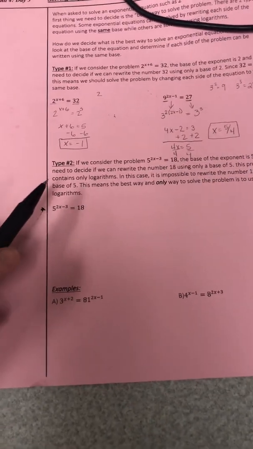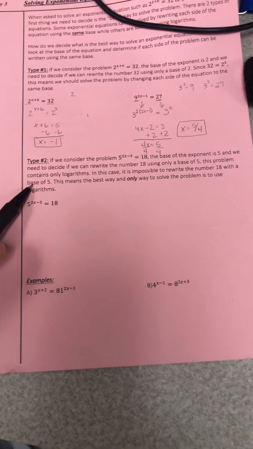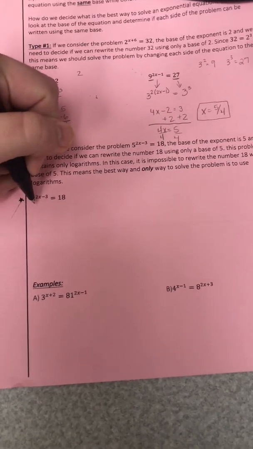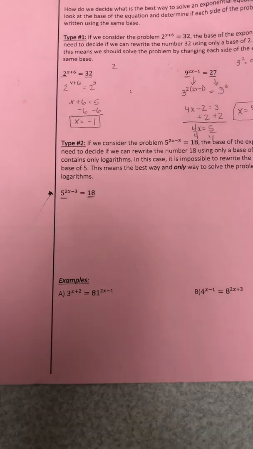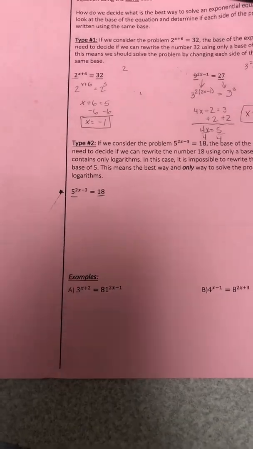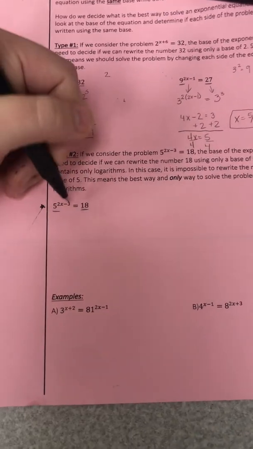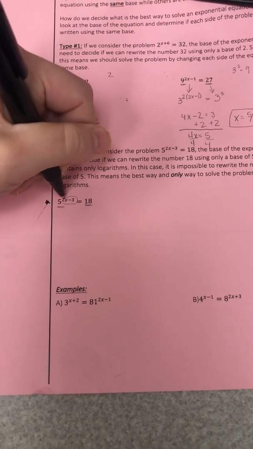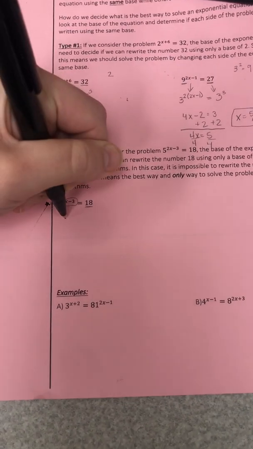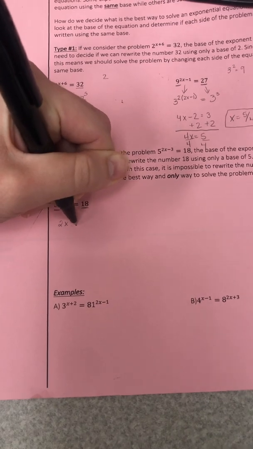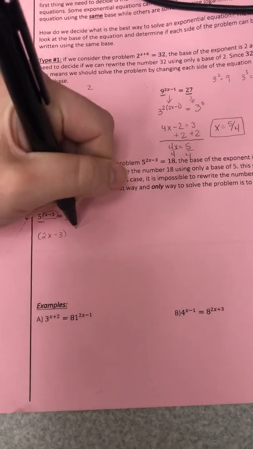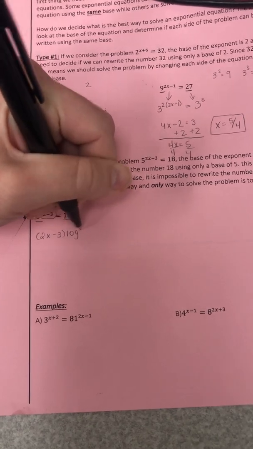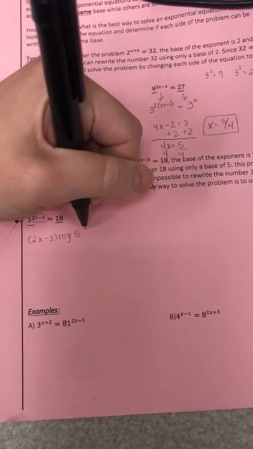All right, let's move on to some that are a little bit more difficult with the logs. Because we have 5 and we have 18, there's no way that we could make these bases match at all. They have nothing in common. So what we're going to do is take this exponent, 2x minus 3, and move it to the front and write it in log form. This will be the process each time. You'll take the exponent, move it to the front, and put log of the base